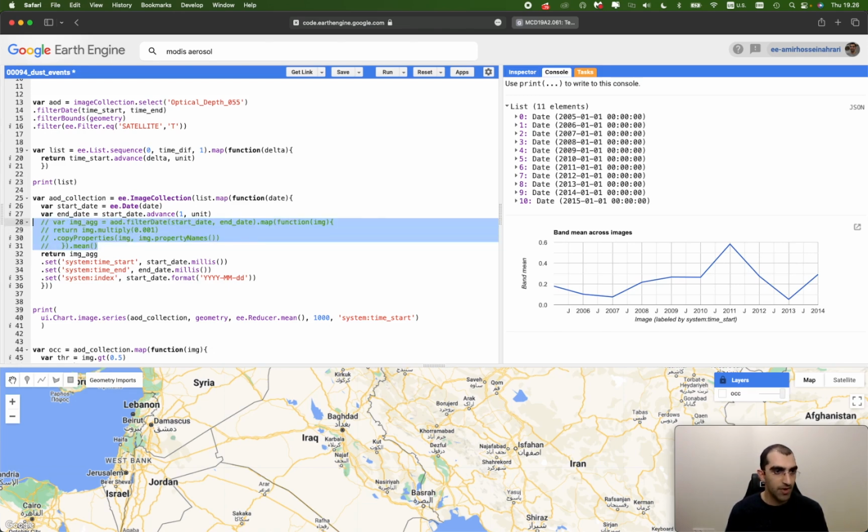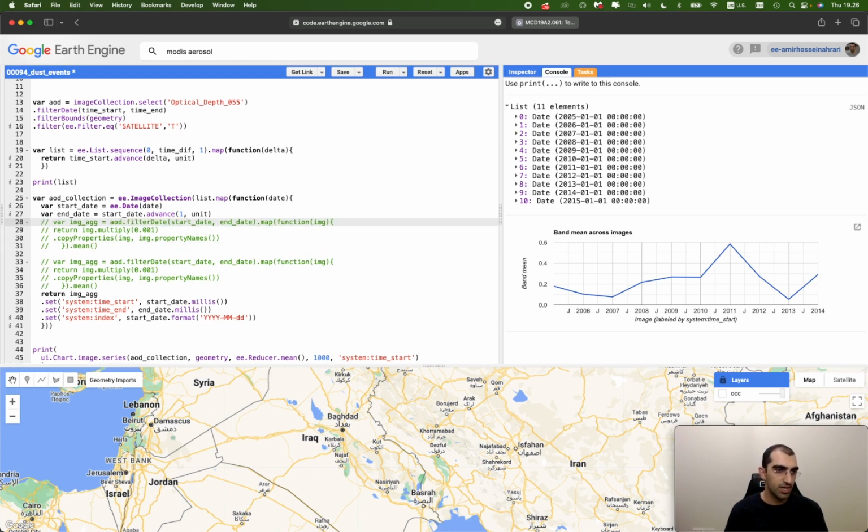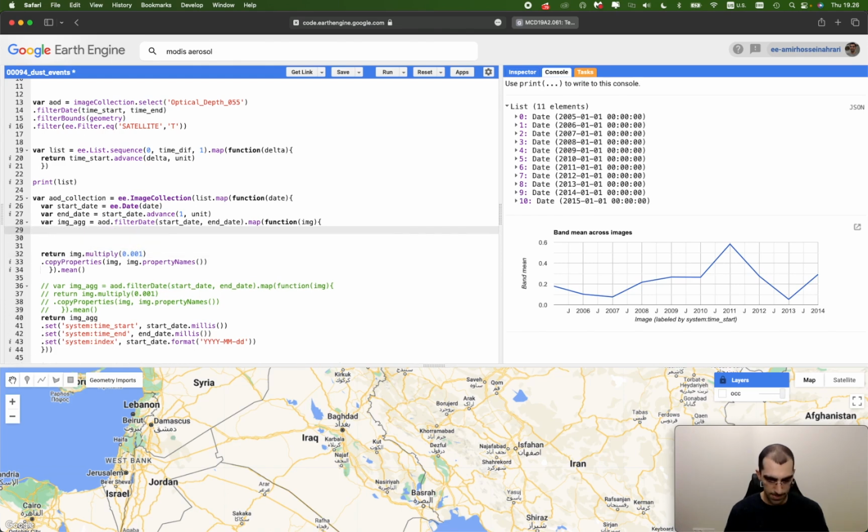Let me make a new aggregation here. The new one, a new aggregate equals to, we can use the same with a little change. So let me copy the previous aggregation process, paste it here, but this time with little changes. The aggregation starts from each AOD we have. We're going to filter our data from the time start to the time end. So here in the body, make a variable as bands,